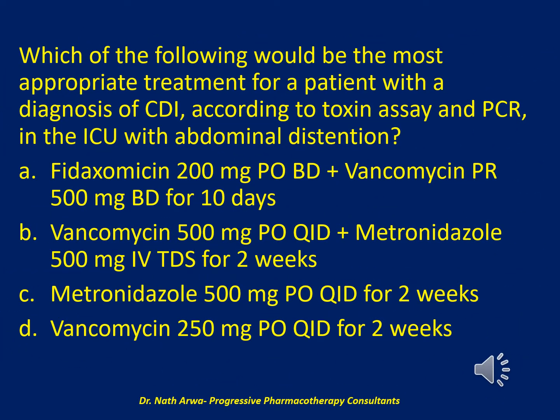And the next question reads, which of the following would be the most appropriate treatment for a patient with a diagnosis of CDI, according to toxin assay and PCR, in the ICU with abdominal distension? Would it be A. Fidaxomicin 200 mg orally twice daily plus vancomycin per rectal 500 mg twice daily for 10 days, or B. Vancomycin 500 mg orally 4 times daily plus metronidazole 500 mg IV thrice daily for 2 weeks,